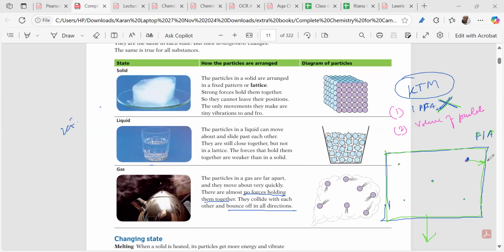Can you guide me? With more temperature, more kinetic energy, more force, and the pressure increases. Understood? If you increase the temperature, the kinetic energy also increases, right? And the pressure of the gas increases. Did you get my point?